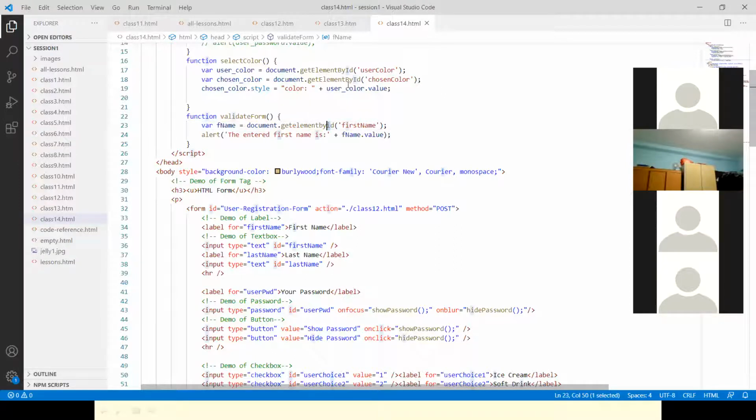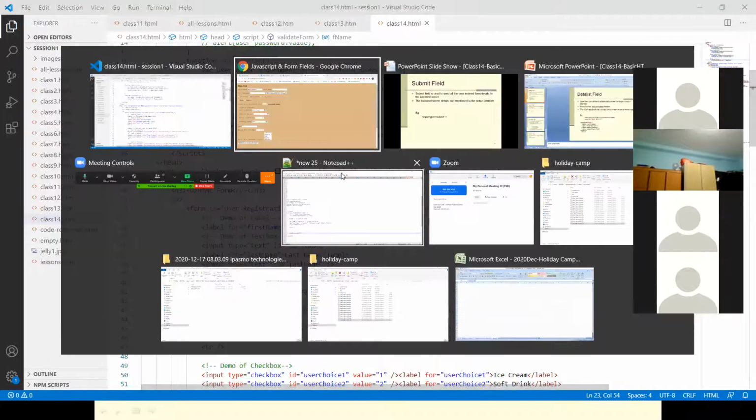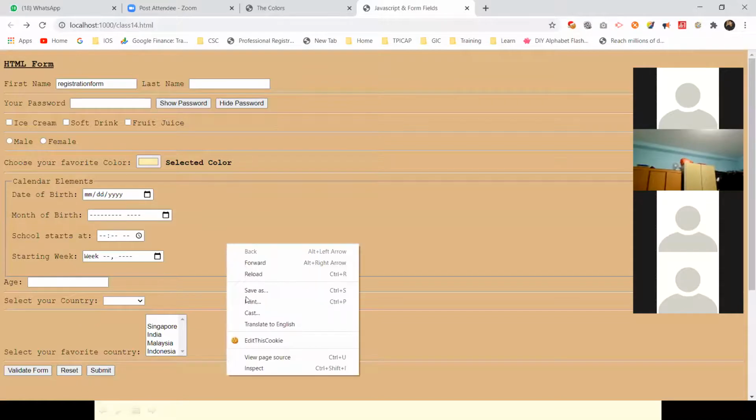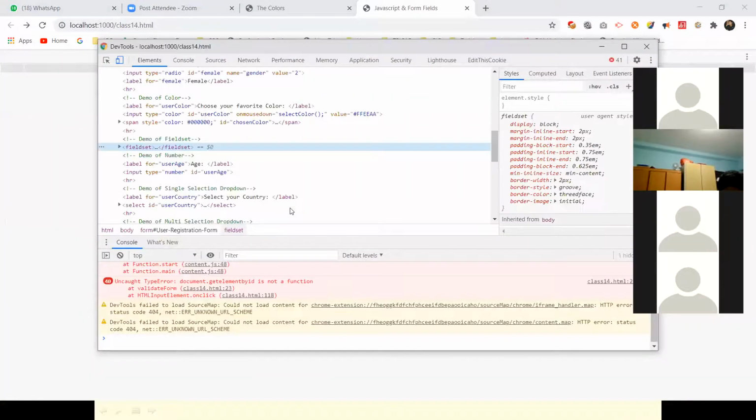For you guys, to understand what the error is, right click, inspect. You wrote getElementById, not in caps. See, that's what I told. It should be case sensitive, right? It's not case insensitive, it's case sensitive.